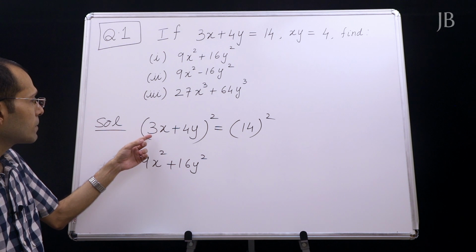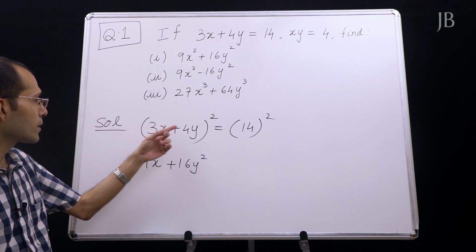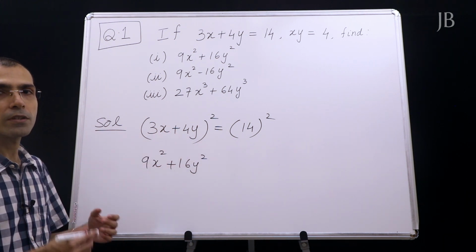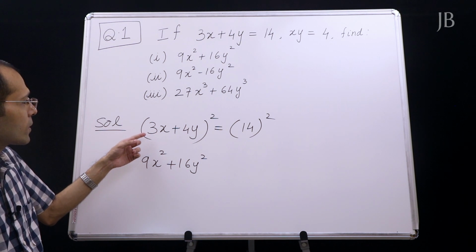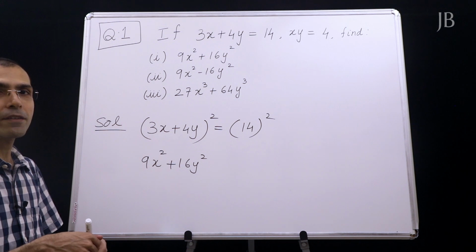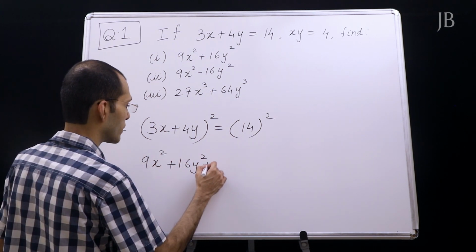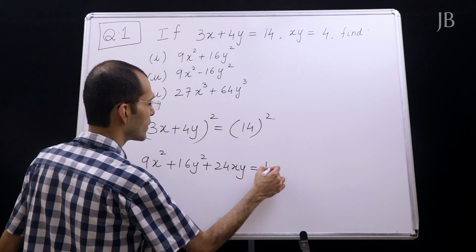Then we have first term into second term into 2. So 3x into 4y into 2. So how much is that? 12xy into 2, that is 24xy. So plus 24xy